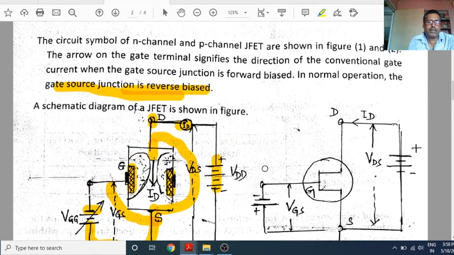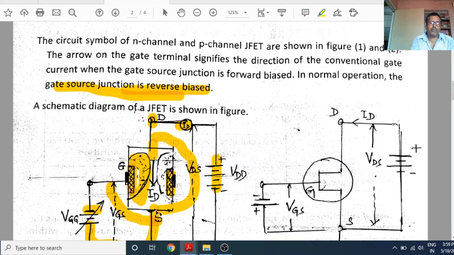It can be made clear here. As you increase VGS, the voltage between gate and source, what will happen? More and more electrons will combine with the holes and there will be depletion. I am showing in the figure: depletion on this side is more than on this side, meaning depletion thickness is more at the drain side than at the source. Why?